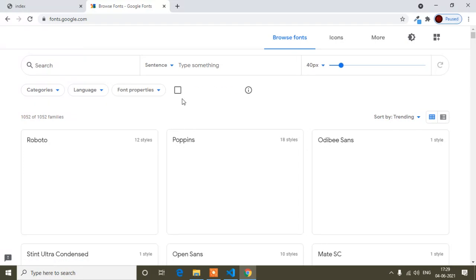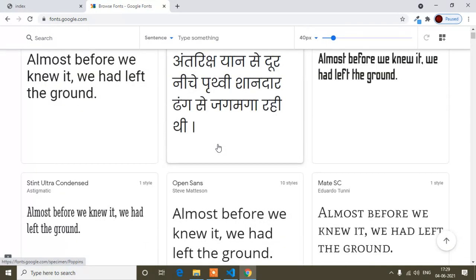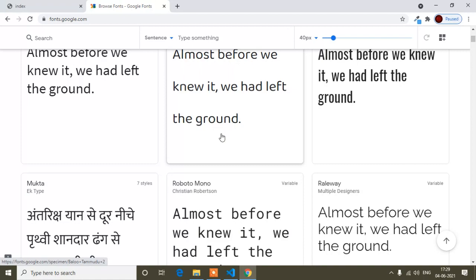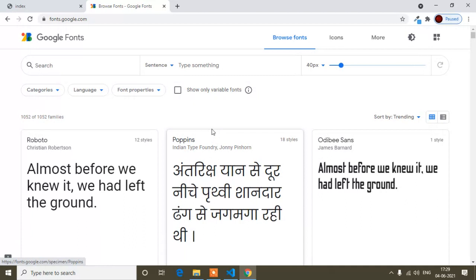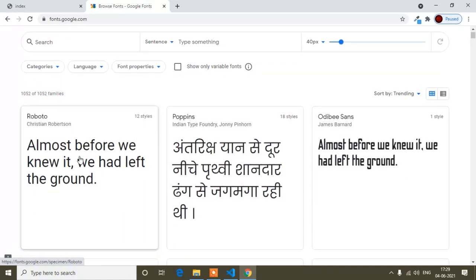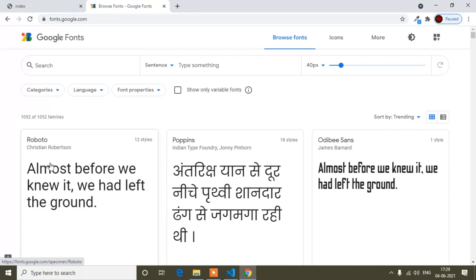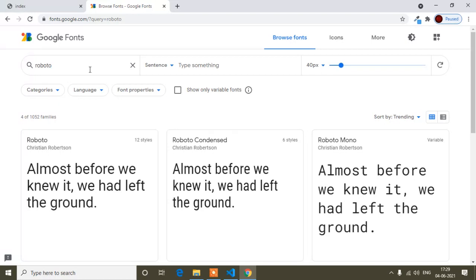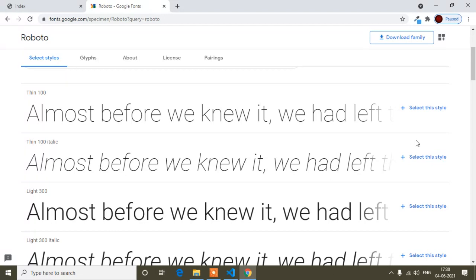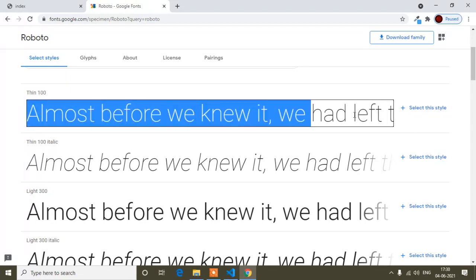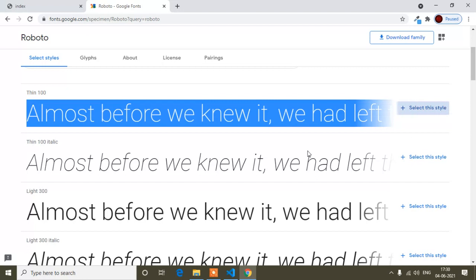Here I will use the Roboto font. Here you will get different types of Google fonts. You can choose any font and use it in your project, but in this project I will use the Roboto font. The first one here is Roboto. If you did not get the Roboto font, you will get a search option, so there you can write the font name, that is Roboto. After typing Roboto, all the Roboto fonts will show up, but I need the first one, so I will click this first Roboto font. Now I have to choose the style of this Roboto font. The first one, you can see, has font weight 100, so I will choose this one.